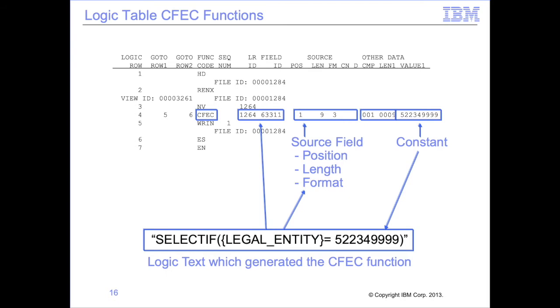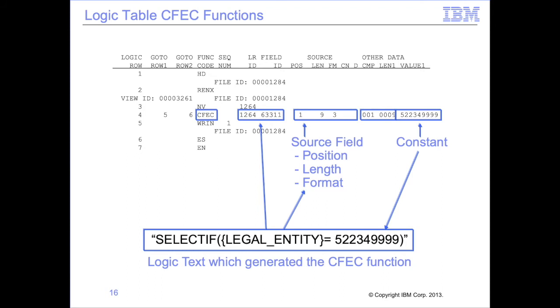Our very simple copy input view, though, contains only one user-specified function, the CFEC function, a compare field, event file field to a constant. The CFEC row was created because the view contains a general selection logic text, select if function. CF stands for compare field. The E in CFEC means event file field, a field on the input file. The event file field, the field to be tested, is the legal entity field from the LR1264 field ID